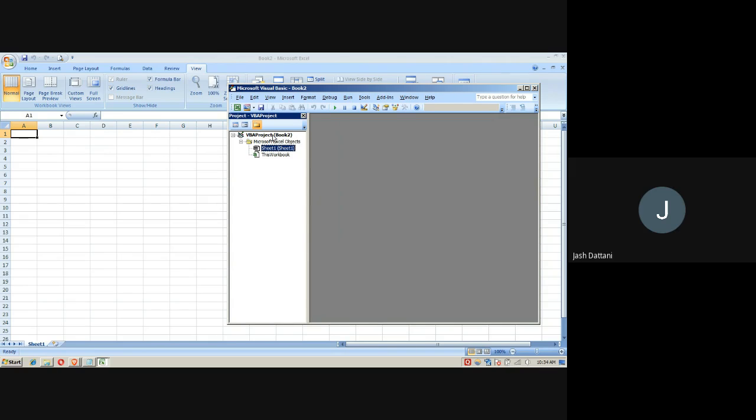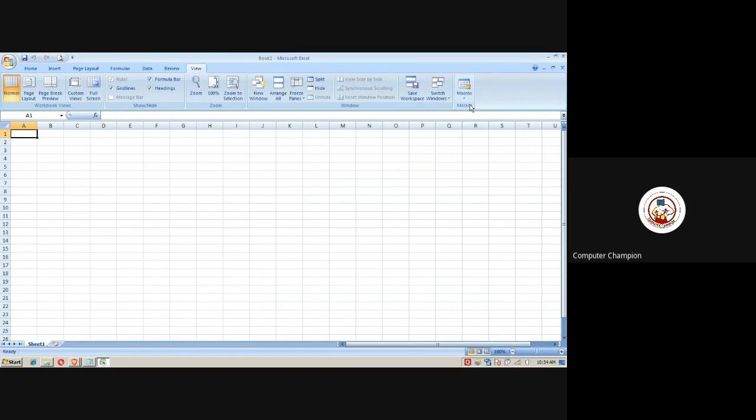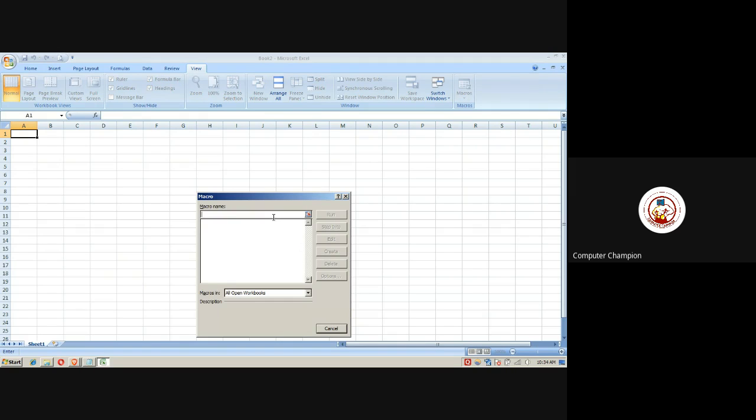Yes, sir. Sir, Alt F11 is not working on my computer. After going into View and Macro, what do I need to type in the macro? Okay, it's not working. So just go to View, Macro. Just type any name of the function, like my first macro, and just do Create. Maybe if you are using a laptop, there is a function key for F11 and F12. Maybe you have to press that function key also. Alt, function, then F11, that way.